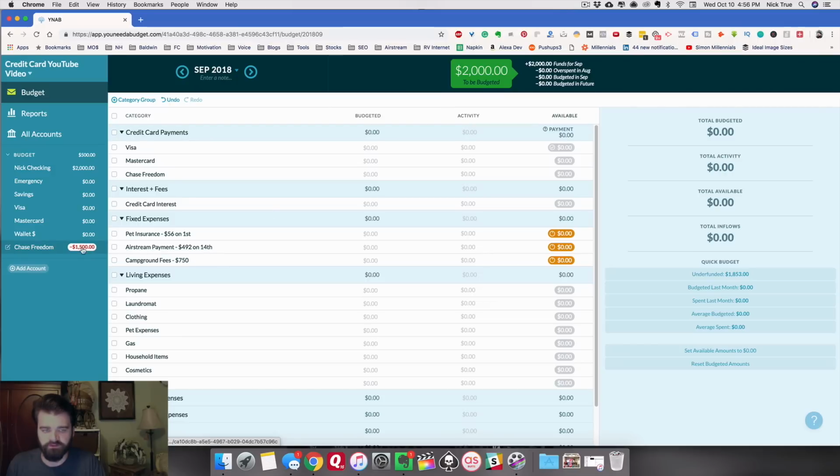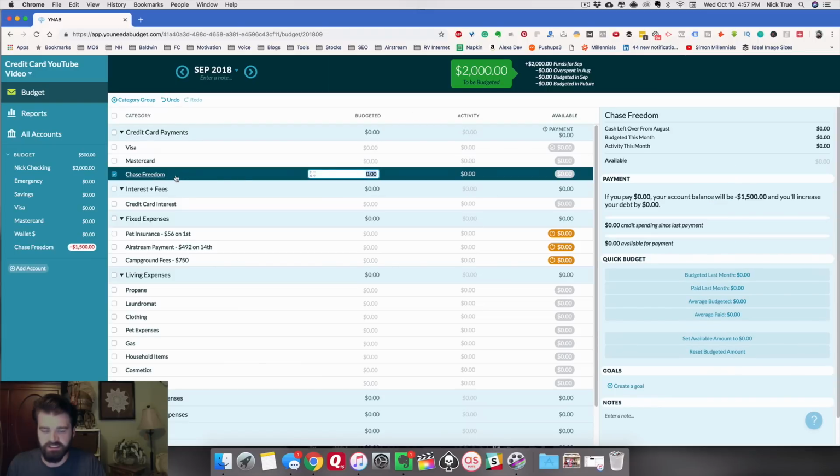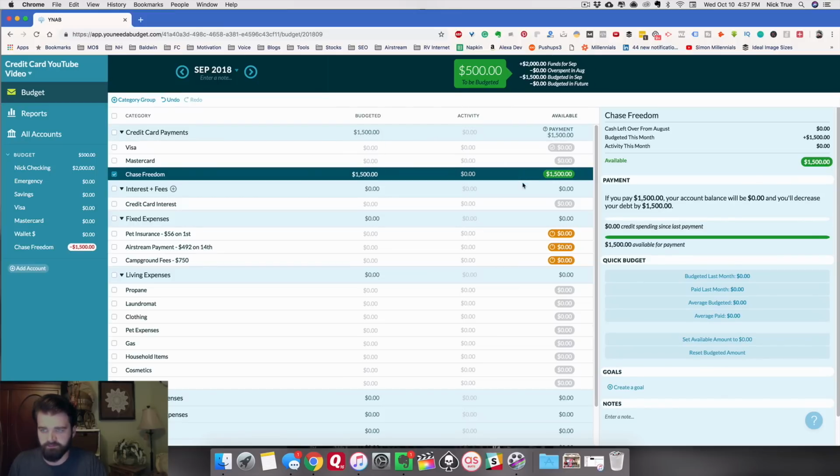If you're ready to go ahead and budget for all of this $1,500 and pay off the card, then all you do is you'll simply add $1,500 to the Chase Freedom category that matches this credit card category right here. So when we add that, boom. So now we show $1,500 here in our available payment category, and it's ready and waiting to pay off this